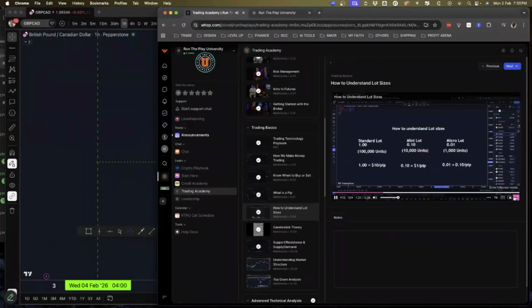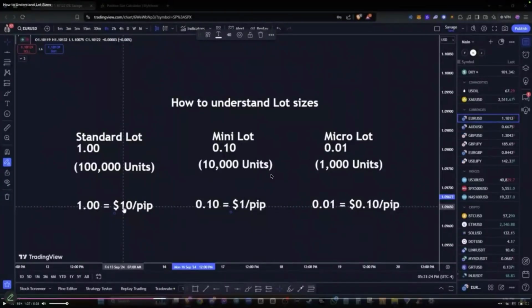Per pip. Okay. Now, again, this is going to be important to understand. Right here, we're going to see these things called lot sizes. Now, what a lot size does is allow us to gauge how much we're going to be paid per pip